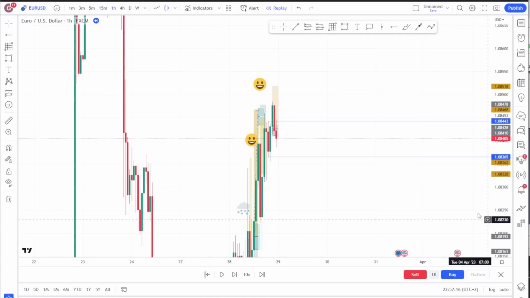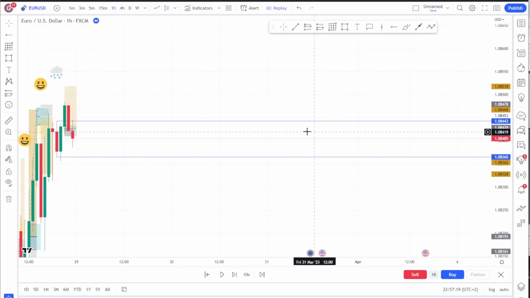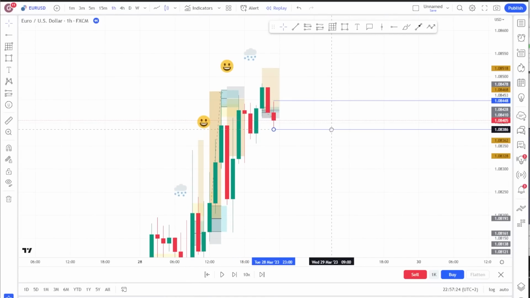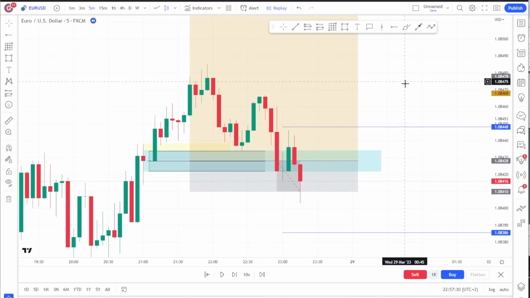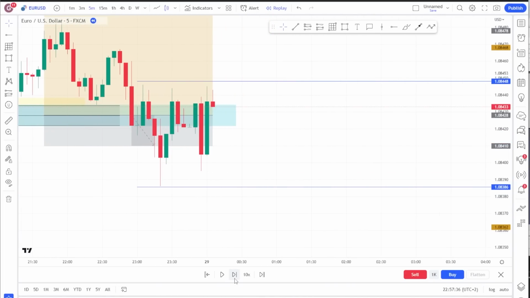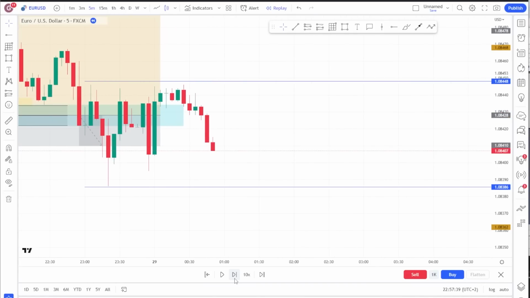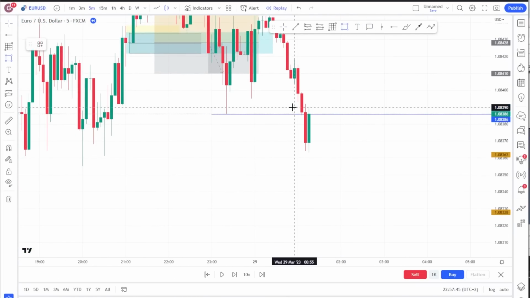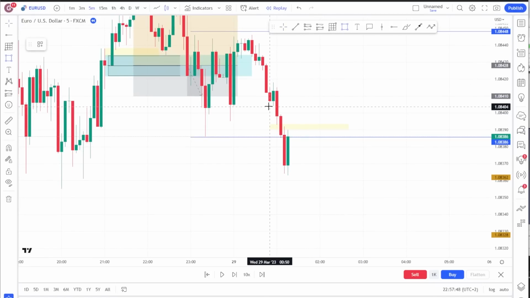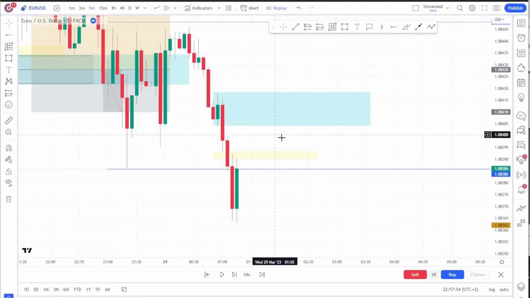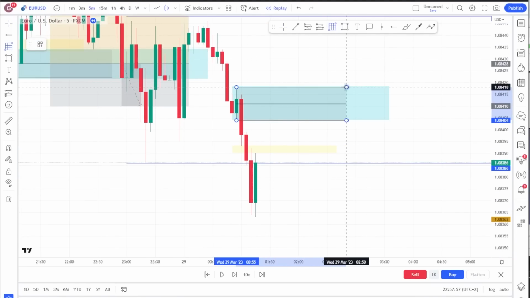Let's just see if we get one last setup. That's a loss on the hourly. So we will hop onto the 1 hour and then onto the 5 minute. Okay, so price breaks to the downside. We've got a gap here, and this is the order block directly above. I will place a sell limit at the 50% of this order block